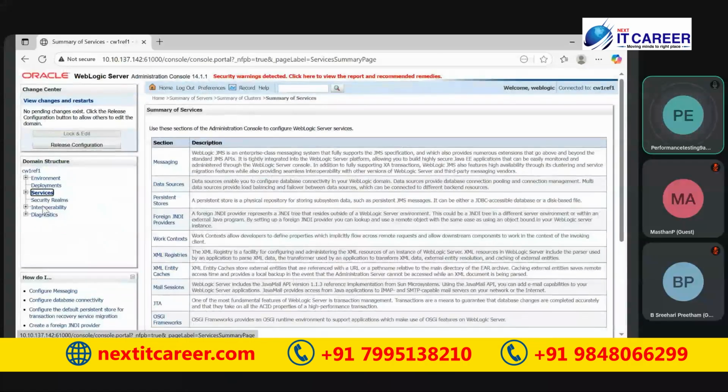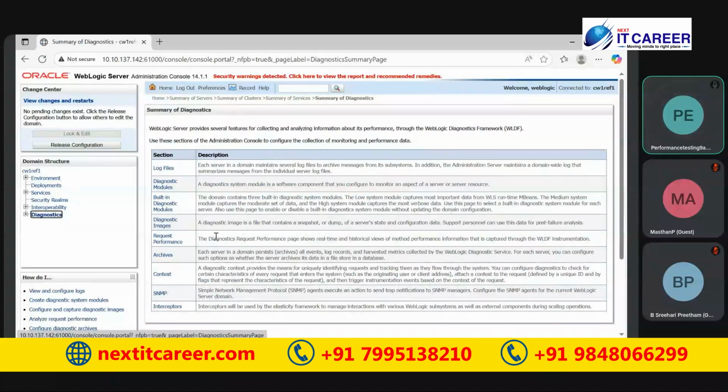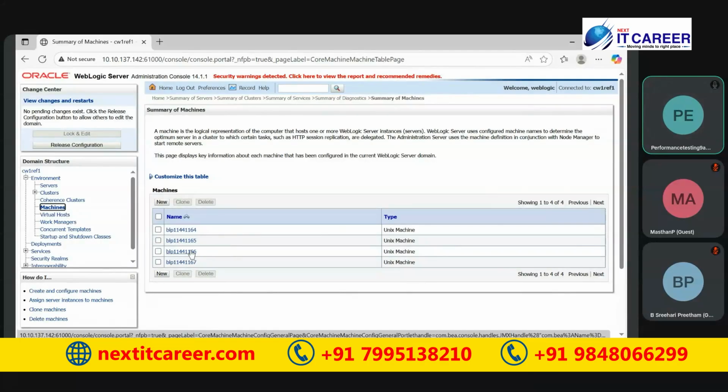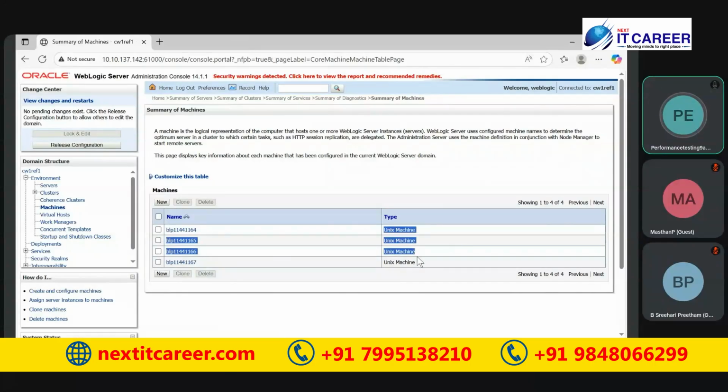We don't need to care much about how they have configured this internally. You just need to know how they have configured it and what the changes are. That's it. Mainly the environment you are going to see: the servers, the clusters, and any machines. If you see, these are the four machines, 142 on two network servers and 143 on two servers. These are the four machines they have taken, and combining these four machines they call it the performance